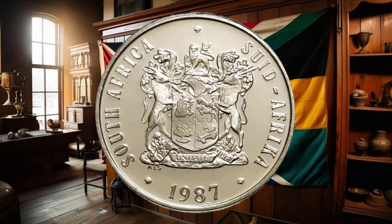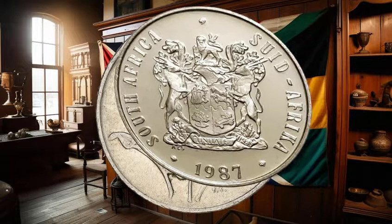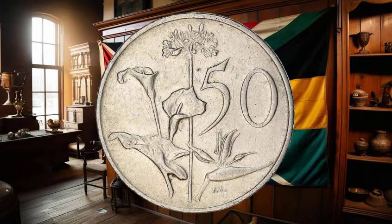A coin that may have been overlooked for decades suddenly has a value that exceeds what most of us could imagine. It's the kind of story that reminds us why history, rarity, and knowledge are so powerful. It's the thrill of discovery, the connection to the past, and the sheer possibility that something ordinary in your hand could be extraordinary in the right context. As you reflect on this, remember, it's not just a coin. It's a piece of history, a symbol of patience, and a reminder that the most valuable treasures often hide in